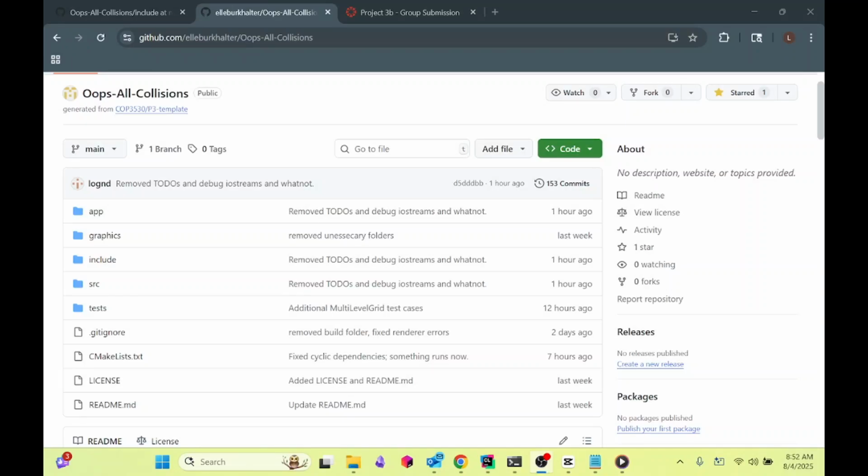It's the oops all collisions group. We wanted to make a program that efficiently calculates collisions for thousands of entities, concurrently and in real time. So that's our project. You can see it was kind of a little bit of a complicated project with 153